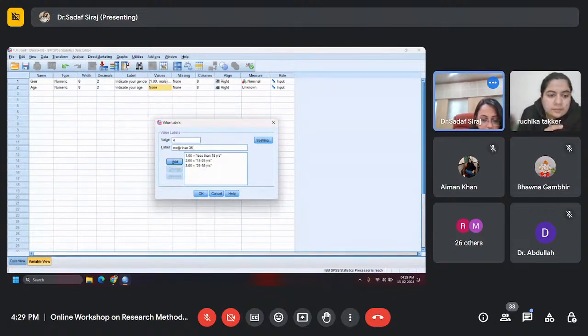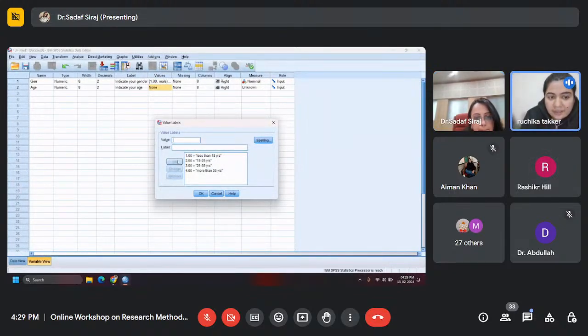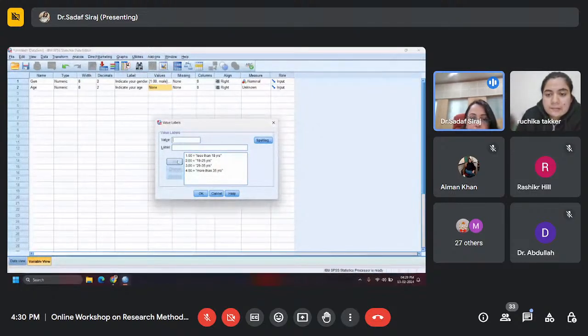Is it clear? And ma'am, in this, if we take the intervals the same, like if we had taken 18 to 28, 28 to 38, then can we put it under interval scale? Usually in interval scales there is also a neutral point. You must have seen it when we are talking about Likert scaling, right? And in Likert scaling and in any semantic differential we always have a neutral point, neither agree nor disagree, right? Here that is not possible, this is continuously rising,